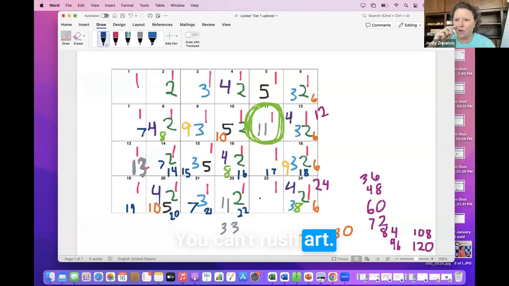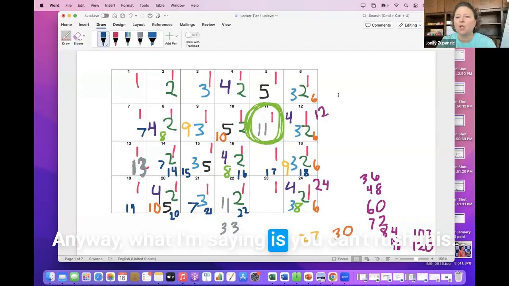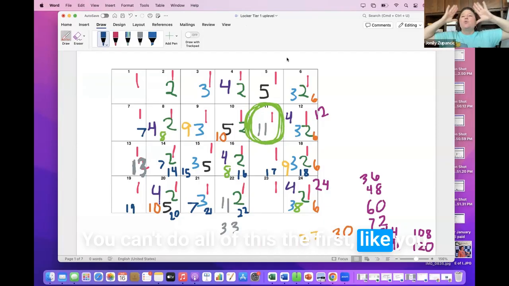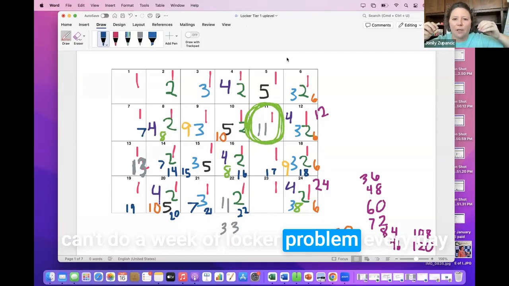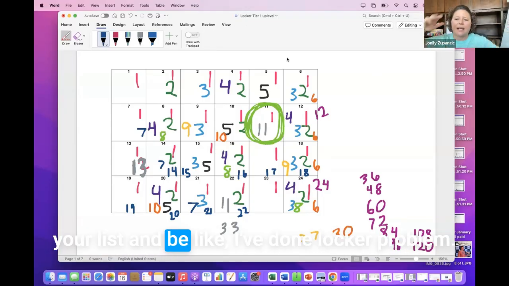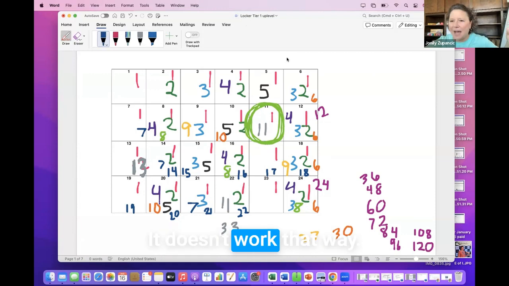I think it's Toy Story. Anyway, what I'm saying is you can't rush this. You can't do a week of locker problem every day, Monday through Friday, and then check it off your list and be like, I've done locker problem. It doesn't work that way.